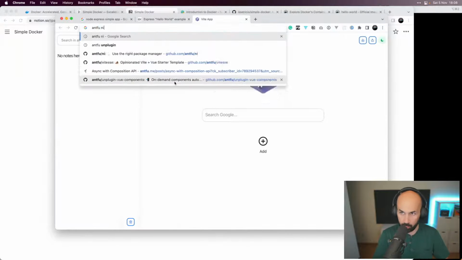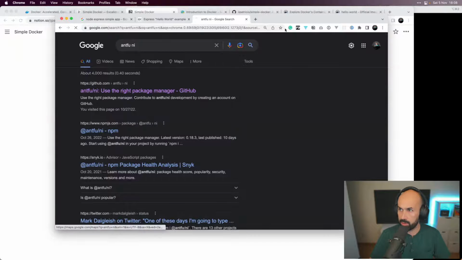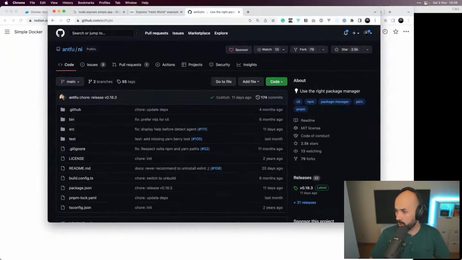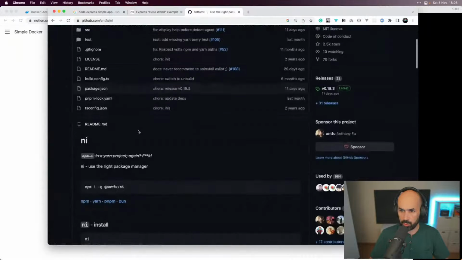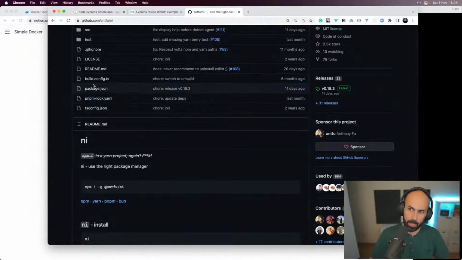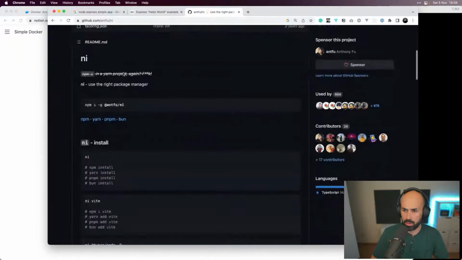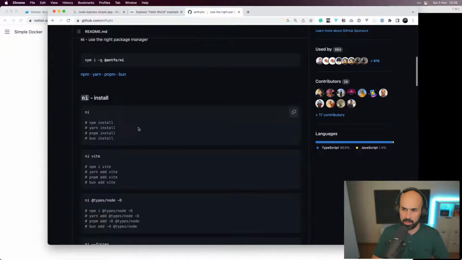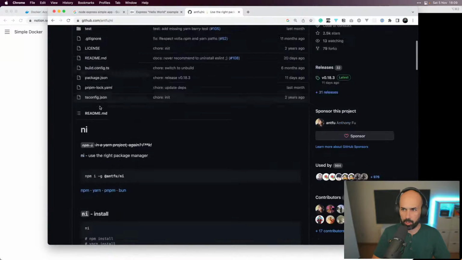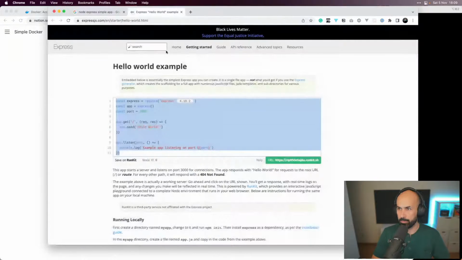It's from Anthony Fu, Ni, and it will allow you to use whatever JavaScript distribution was used. So you can choose a default, and depending on the file in the root directory of the project, it will use what's there. So yeah, I totally recommend you to check that out.